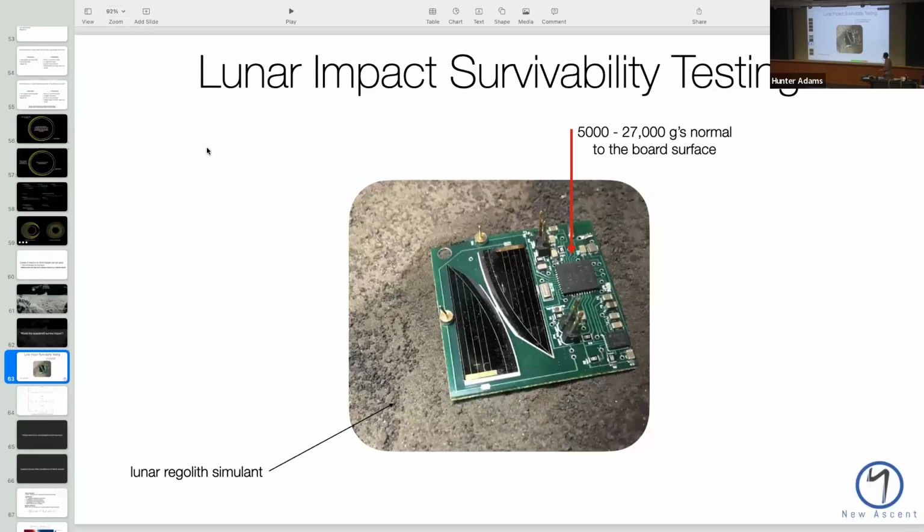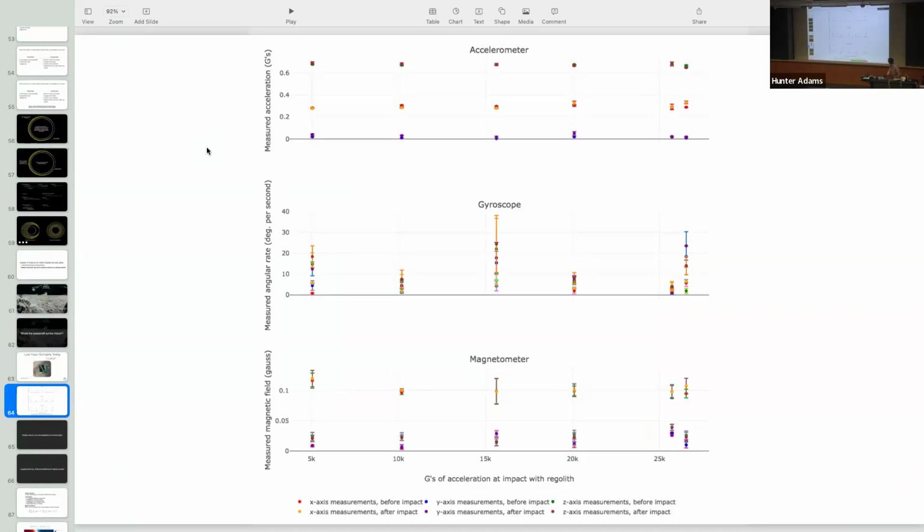And this was a really simple experiment. All that we were asking is, after we do this, is it still working? Like, characterize all the sensors before doing this, make sure they're operating to within their datasheet specifications, do the same thing after. Did any of them degrade or break or anything like that? And to our surprise and delight, all the sensors continued to operate just fine. This is some data out of the IMU before and after being slammed at 27,000 Gs. The IMU is still operating just fine.